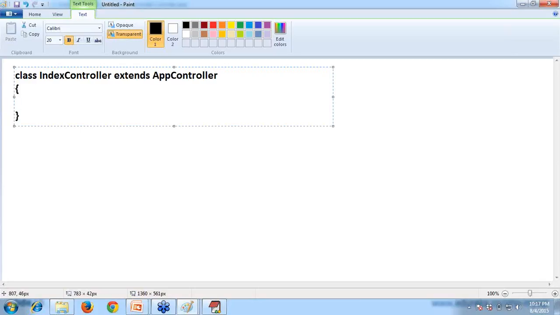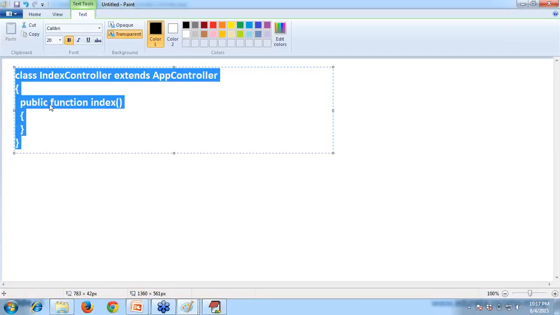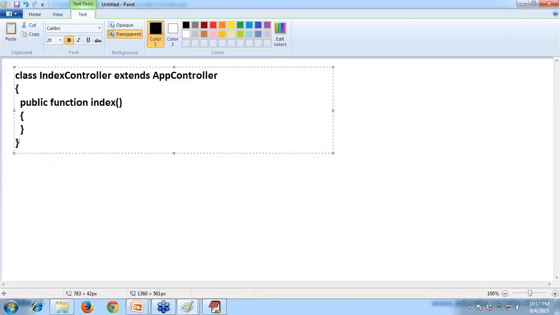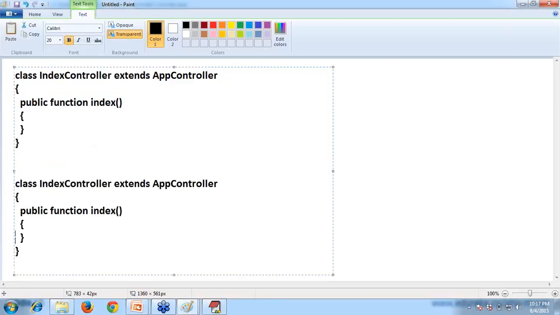Every controller contains different actions, handling requests from the client. That is nothing but a function, a public function index. It will have the business logic. This is in CakePHP. If we do it in Zend Framework or any other framework, we'll have another controller, with the index action. The name depends upon the framework. Both are doing the same thing, the index action.